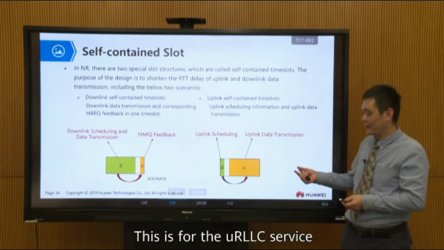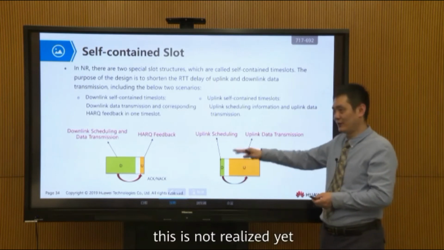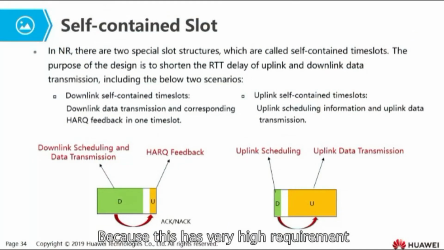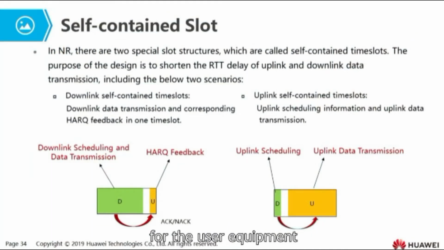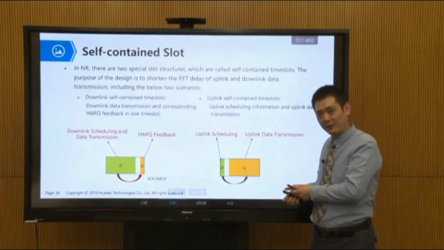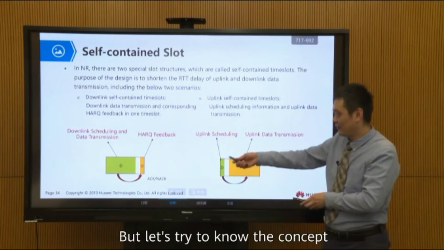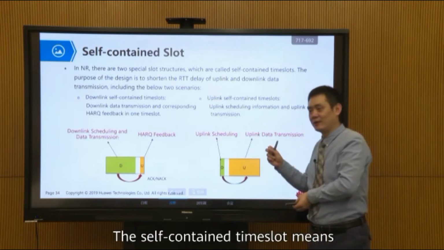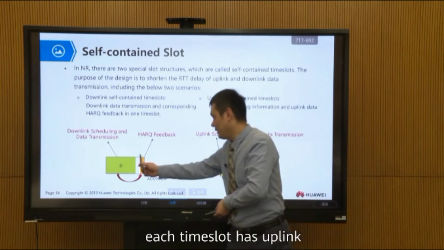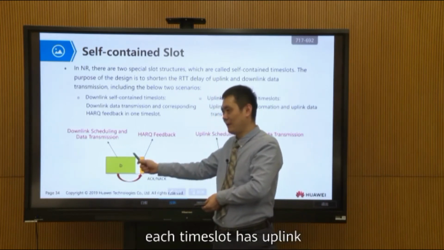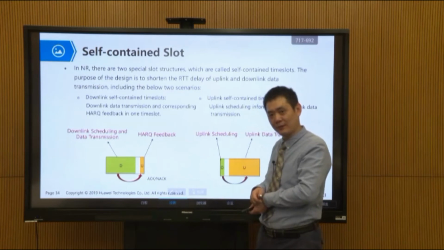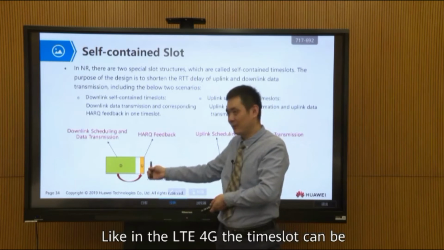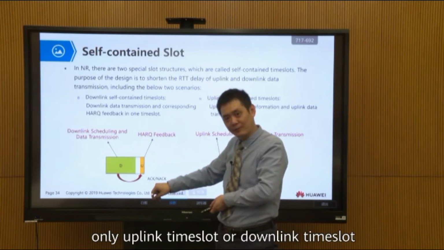This is for the URLLC service. In fact, this is not realized yet because it has very high requirements for the user equipment, for the mobile. But let's try to know the concept. The self-contained time slot means the time slot has uplink and downlink information both. Like in LTE 4G, the time slot can be only an uplink time slot or a downlink time slot, only one